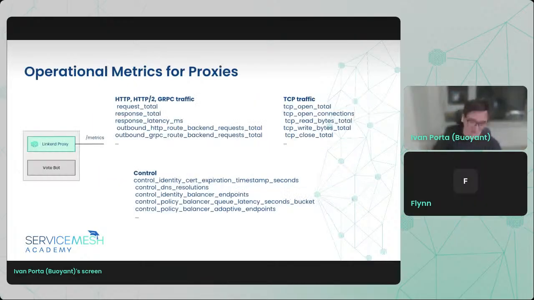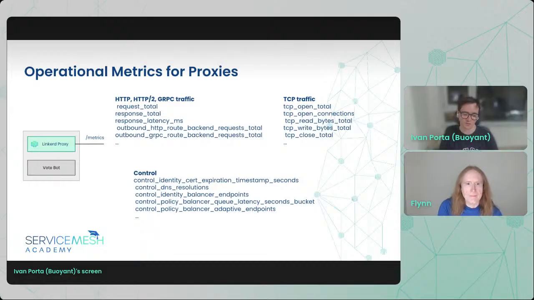The second are the metrics, because the proxy exposes a lot of metrics on the metrics endpoint. Again, you need to port forward 4191 and then send a curl to the metrics endpoint. And then you're going to get a lot of metrics in Prometheus format. Those metrics are going to be about layer 7 with the total amount of requests, responses, and the latency. We have a lot of buckets about latency, when we have the outbound routes for HTTP and gRPC, but also layer 4 with TCP connection open, close, read, write,